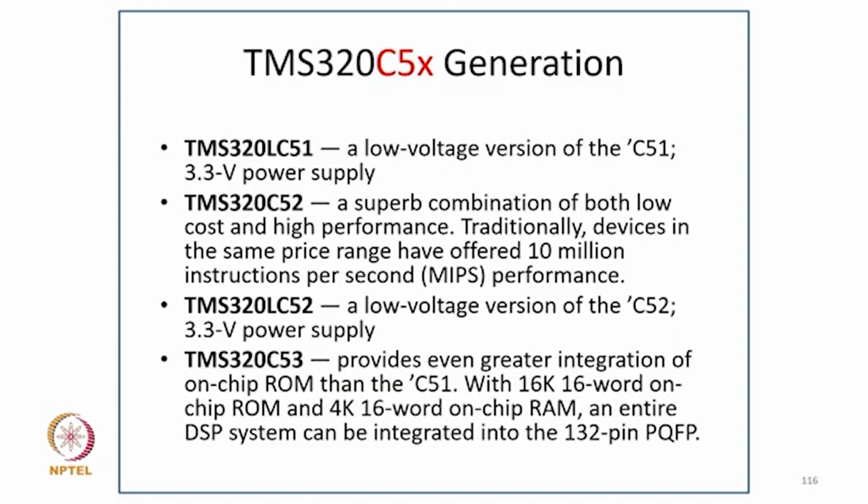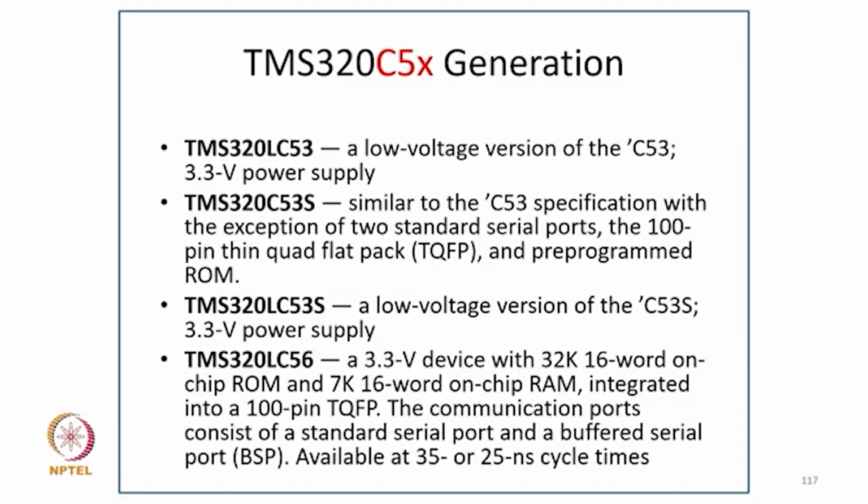16K 16-bit on-chip ROM and 4K 16-bit on-chip RAM. An entire DSP system can be integrated into a 132-pin PQFP. So TMS320LC53, a low cost version of the C53 with a 3.3 volt power supply, and TMS320C53S, similar to the C53 specification with the exception of the lower standard serial port, the 100-pin thin quad flat pack (TQFP), and the pre-programmed ROM, and TMS320LC53S, a low voltage version of the C53S with a 3.3